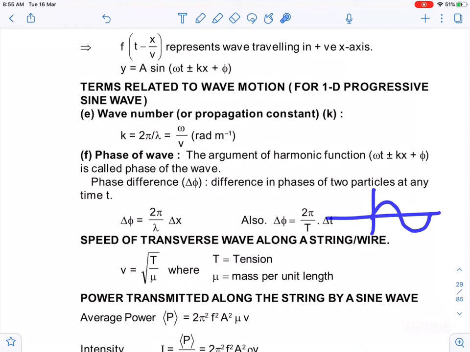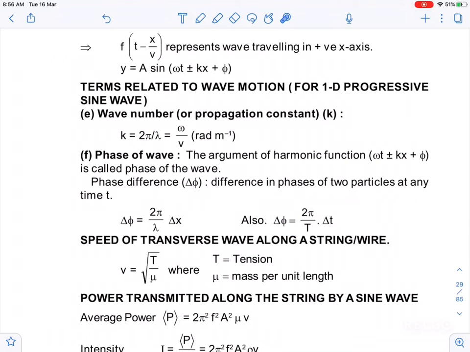You can understand, see here, I told you that when I discussed the definition of lambda, this is one lambda also, because they are consecutive points on the same phase. So this is lambda by 2, up to this distance. This lambda by 2 is nothing but, after pi, the phase changes by pi when the distance traveled is lambda by 2. So this relation between phase difference and path difference is like this.